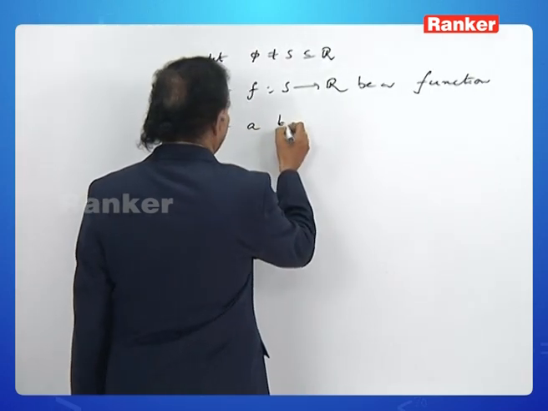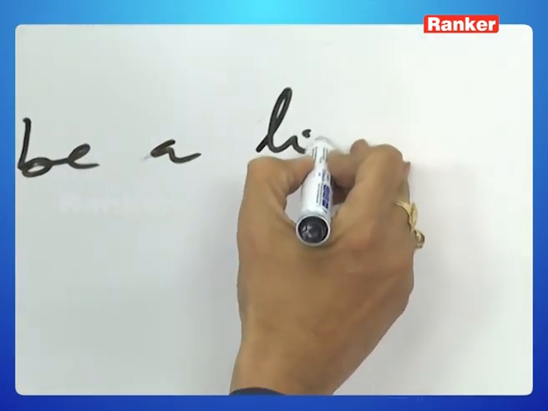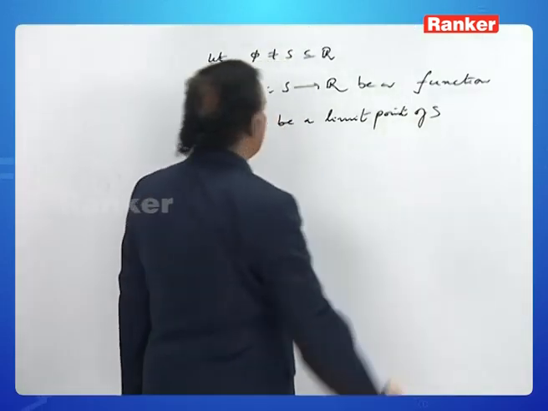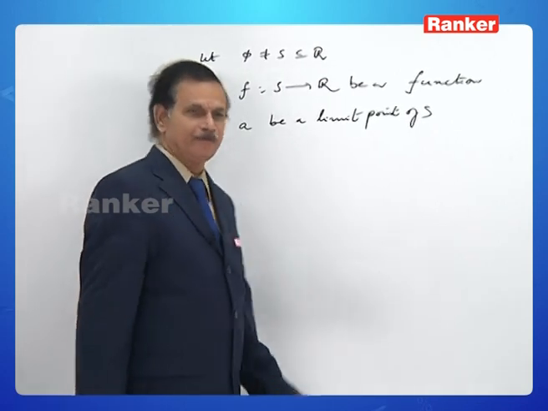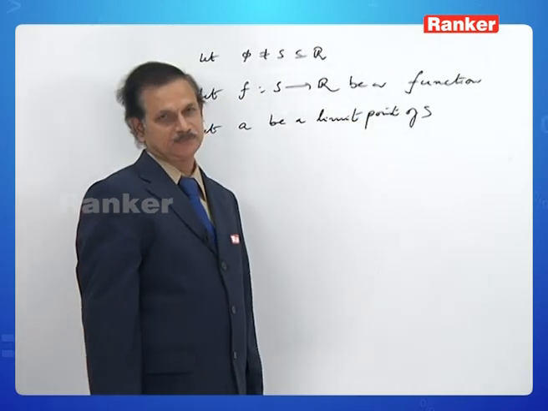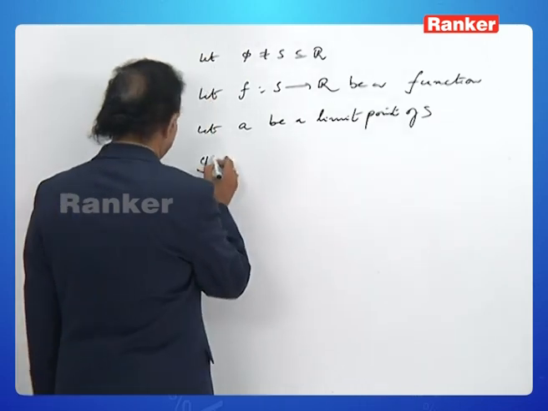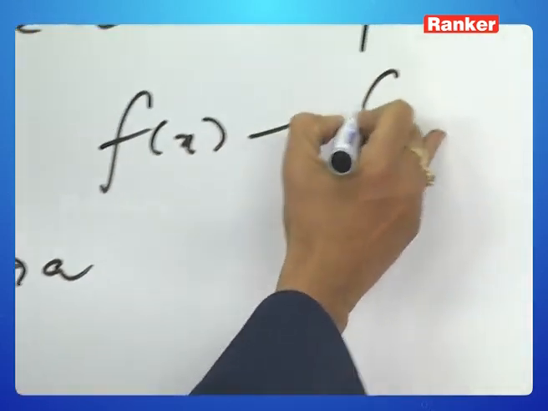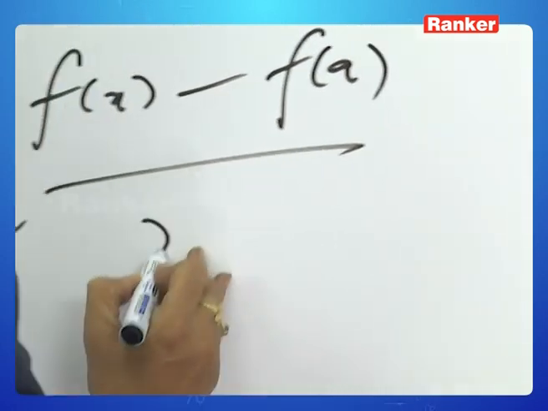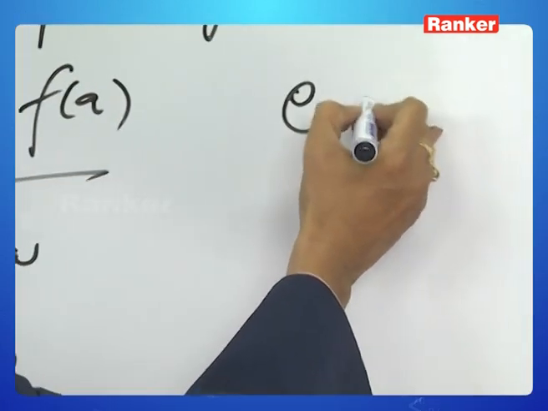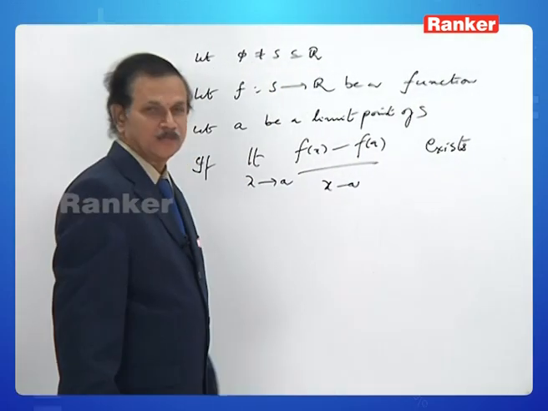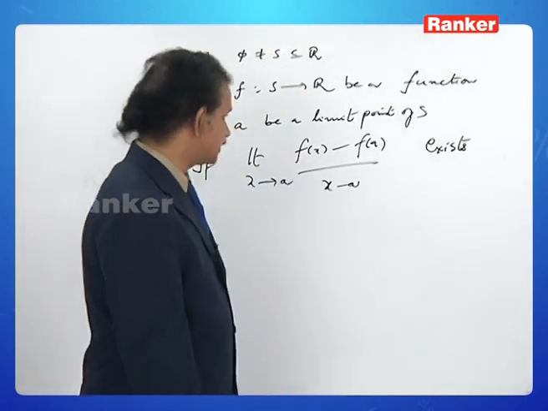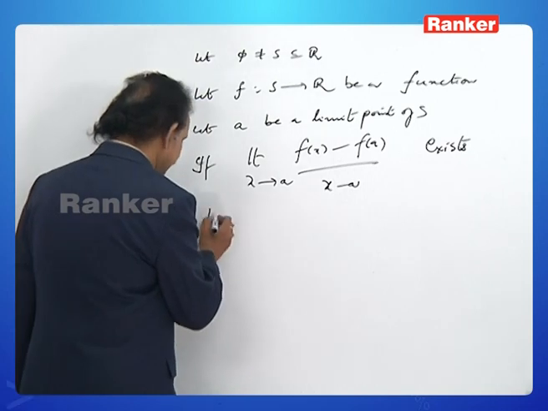Let A be a limit point of S. By this word we mean that every neighborhood of A contains infinitely many points of S. If the limit as x tends to A of f of x minus f of A by x minus A exists, then